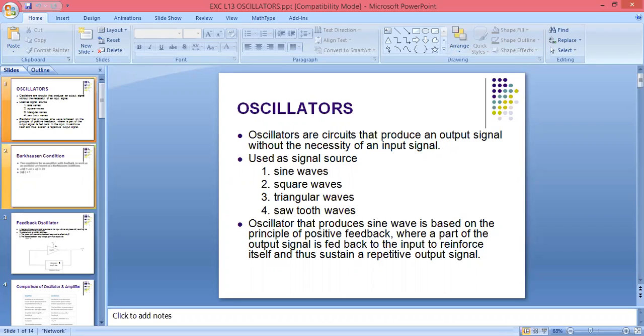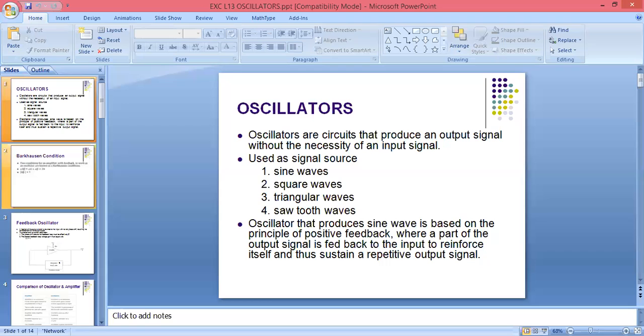If we are giving some output response from output to the input, we can call that feedback. And if we are giving positive feedback, it means what? Output will be in phase with input. Output will be in phase with feedback. That time we can say that is positive feedback. So the oscillator is using positive feedback and the amplifier is using negative feedback, because the output which we get in the amplifier will have a 180-degree phase shift with the feedback network. So we can say we are using feedback in the amplifier.